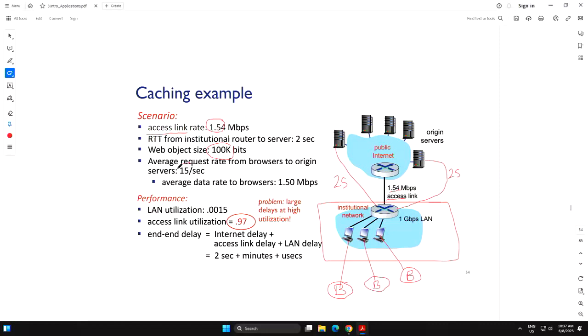It is 15 per second. So if you aggregate, they are creating 15 object requests per second. So the aggregate is 15 per second. Okay?